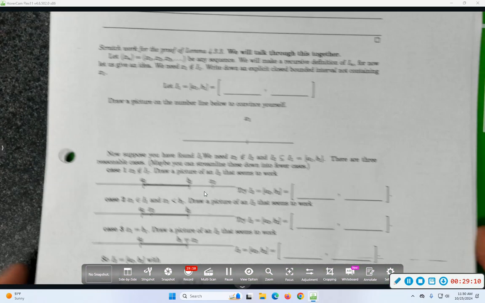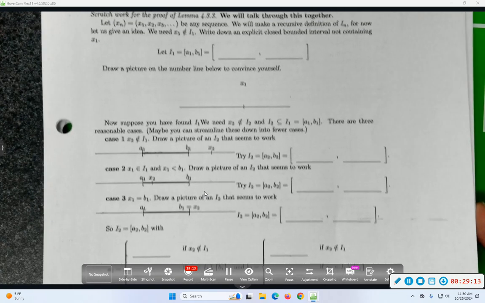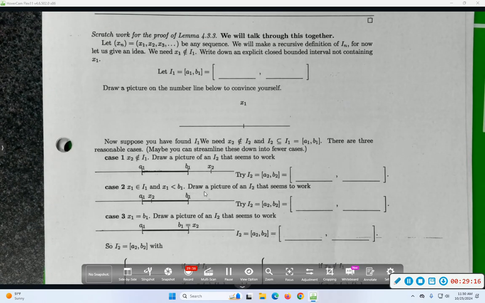And this next bit is the last bit that I want to say before I just cut you loose to prove the thing. So let's do some scratch work for that lemma. The lemma says let xn be a sequence. Then there is a sequence In of intervals such that some stuff happens. A really good way to show that something exists is by building it. If you could literally construct this thing and say, here it is, then it definitely exists. That's not the only way to prove that something exists. There are some really wonky proofs that are totally non-constructive that a thing exists.